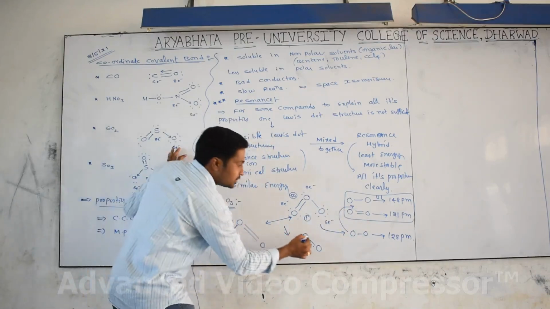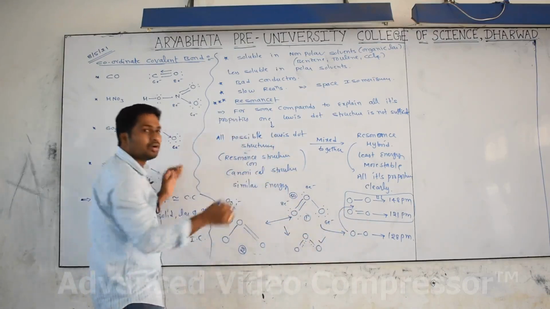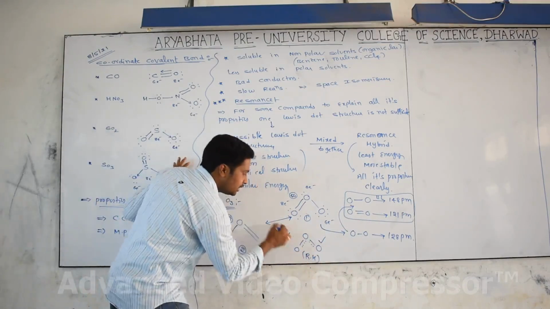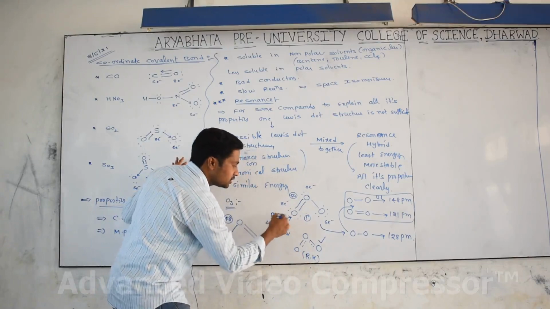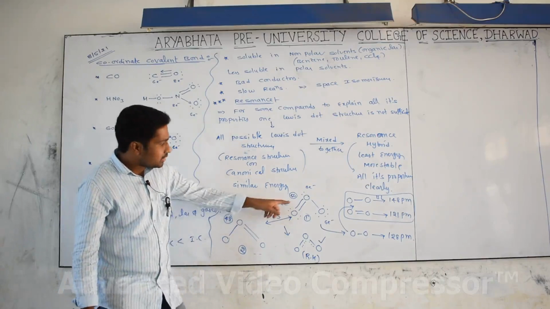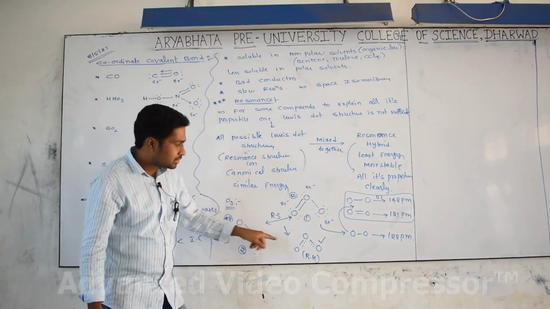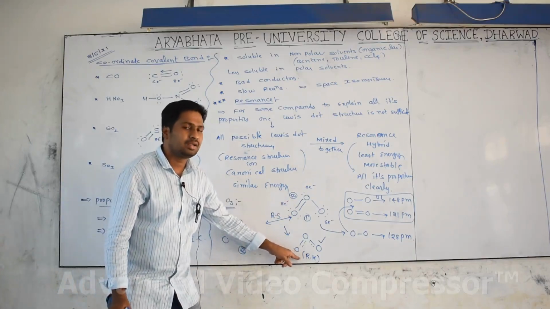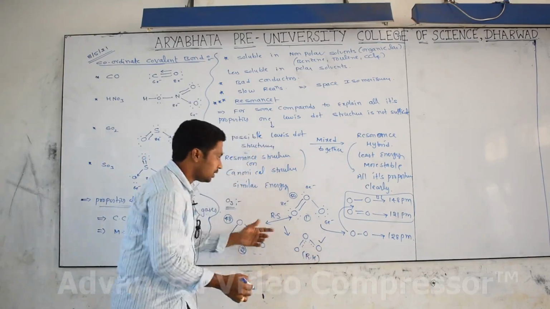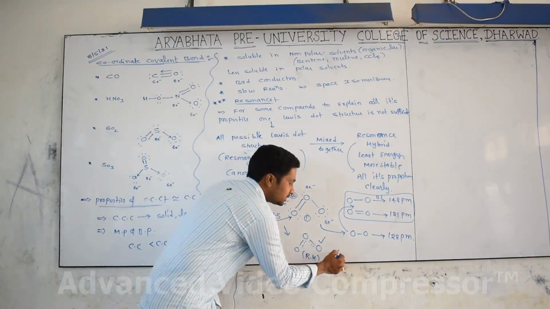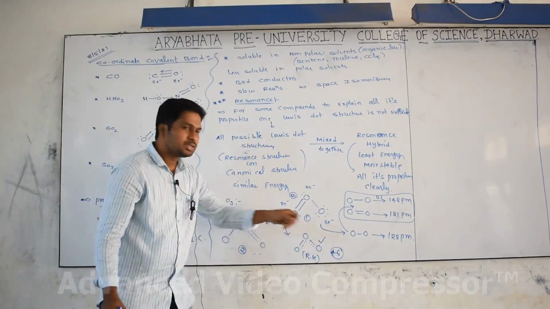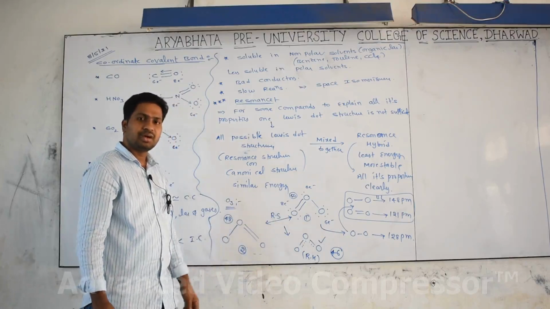That's why this resonance hybrid successfully explains all its characteristics. This is what we call the resonance hybrid. These two are called resonance structures, denoted by a double-sided arrow. These resonance structures are canonical structures. This resonance hybrid is very stable because it has very little energy, around 46. Compared with 50 and 48, 46 is the lower energy. That's why the resonance hybrid is more stable.